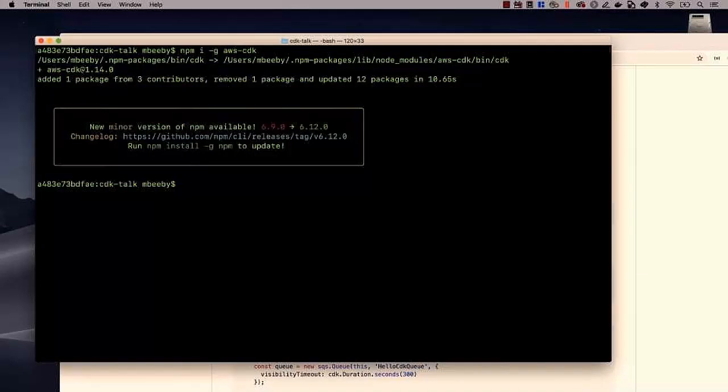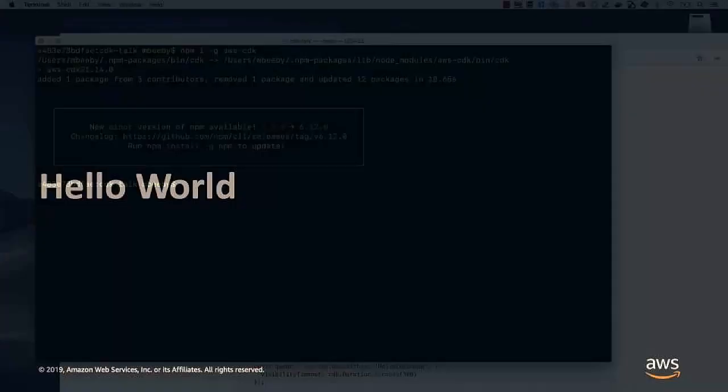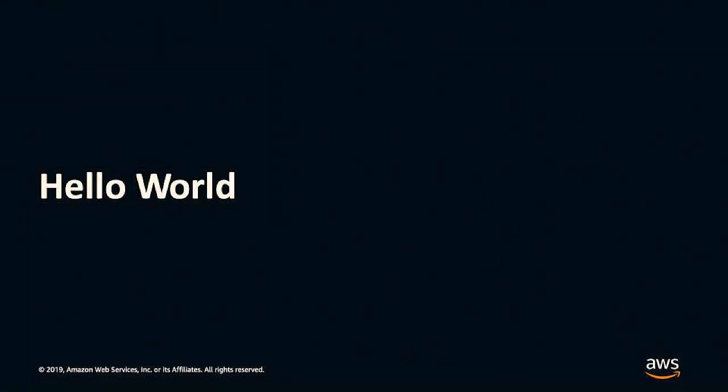So Node, .NET Core, we're going to have to install the npm package locally on our machine. Then we can start building our application. So I'm going to create a very simple hello world application. And what we're going to do is take advantage of the ability to use assets which are local on my machine, and we're going to deploy some of those local assets with our CDK deployment. So I'm going to try and create a very straightforward website, and I'm just going to be